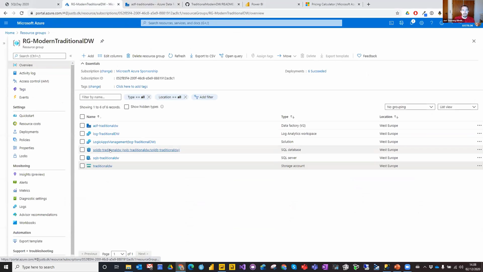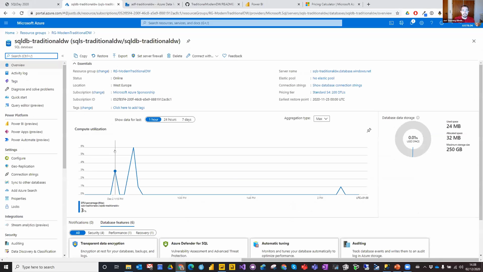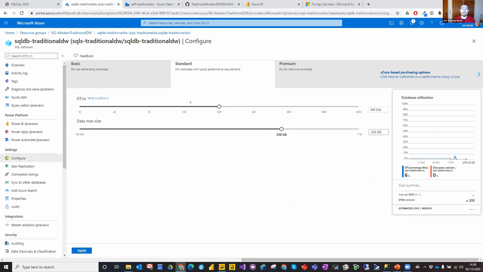Here I have my database. You can see here as the configuration I have already started up. Here I'm using the Standard S4. That's 200 DTU. And what is a DTU? You can have an explanation here. And here it is as simple as just